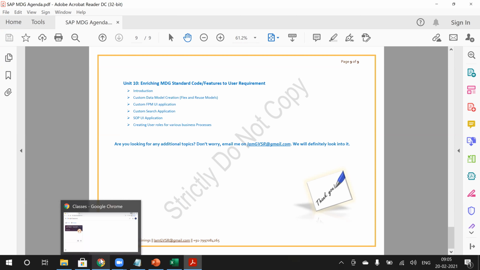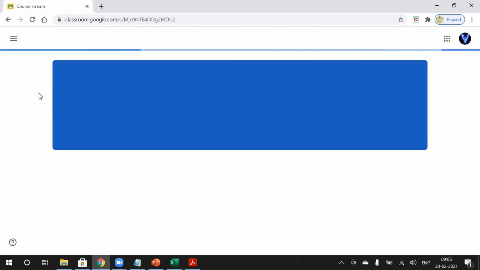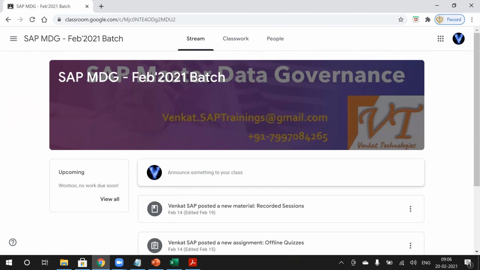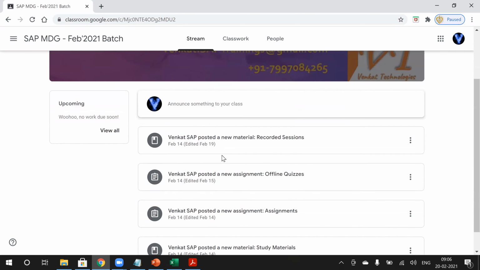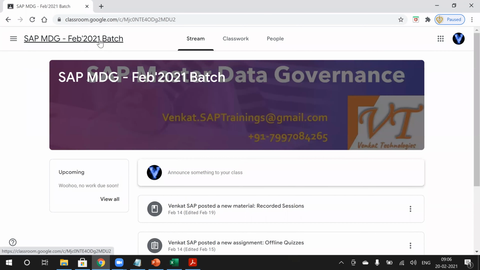Coming to the platform that we are using, we'll be using the Google Classroom platform. This is how your login will look. Once you log into Google Classroom with your Gmail account, you will see this tile here. You just click on this course, and it will take you to this page. On the home page, you can see if there are any announcements or any changes to this module. And under the classwork,